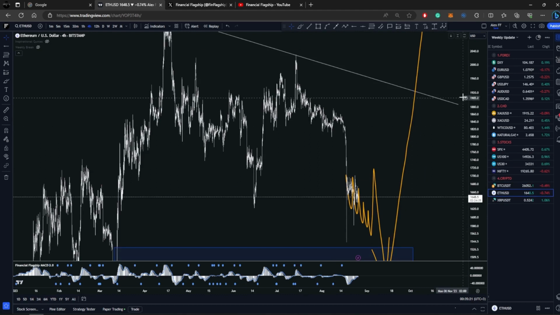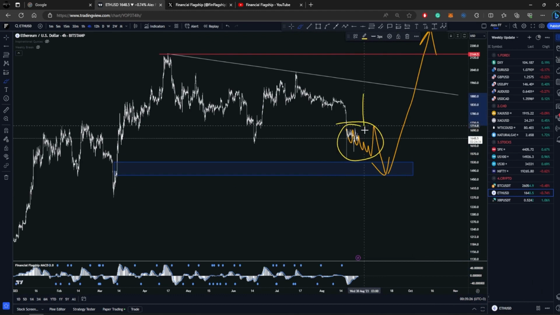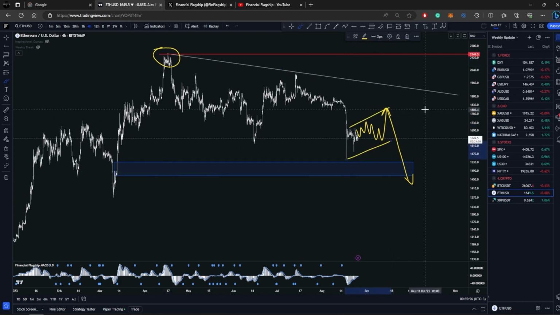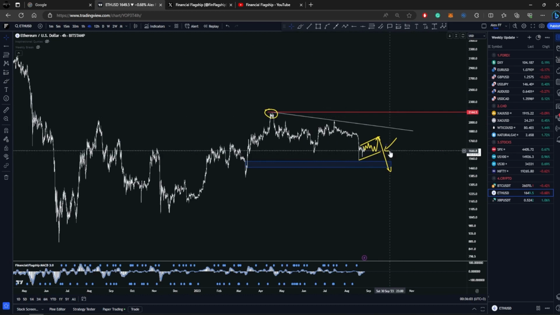Now moving on to Ether. For Ether last week, same, I was expecting the consolidation week, so as you can see, the market is in the same place. Let me delete the drawings. And for this week, similar to Bitcoin, I'm expecting Ether to pull back, maybe go a bit more towards the upside and then drop again before going back up and taking out this top eventually. But we are a bit far from that, so we need to wait for this consolidation to finish, wait for the move to go down and make a new lower low here, see what happens next if we get a reaction. If not, we'll stay away, and then we can see if we will go with the buys.